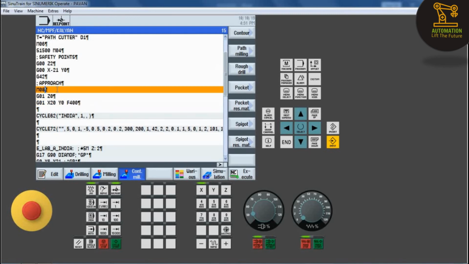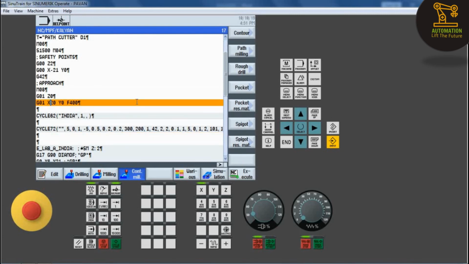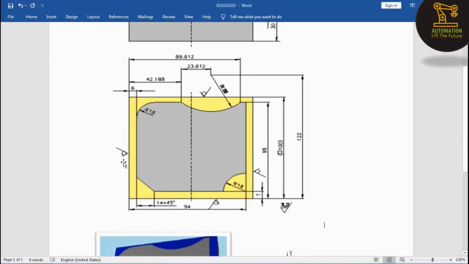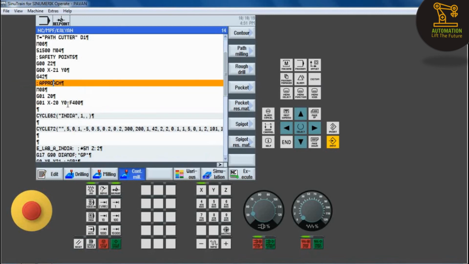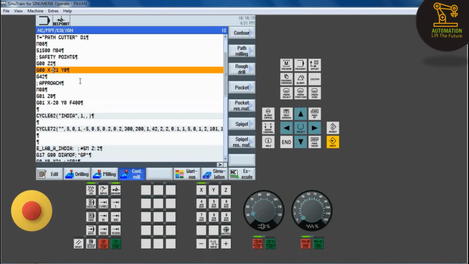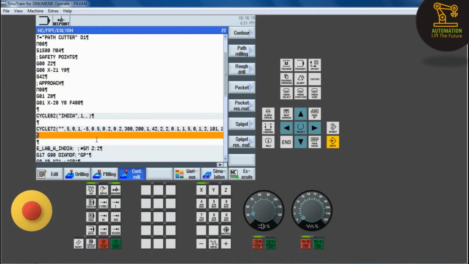and we have to give the feed rate F400, and this is the coolant on M08. And then next, here we have some mistake, and here from the reference position we have to go to the left side, so it has minus 21 in safety point, and in approach position X minus 20.